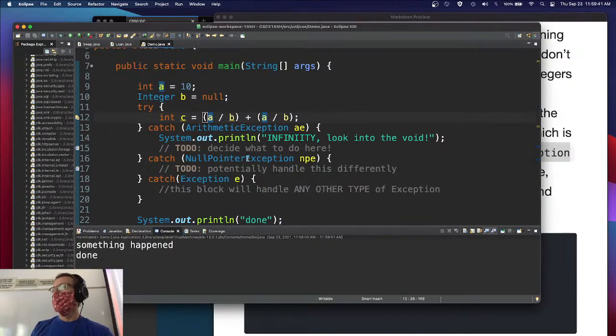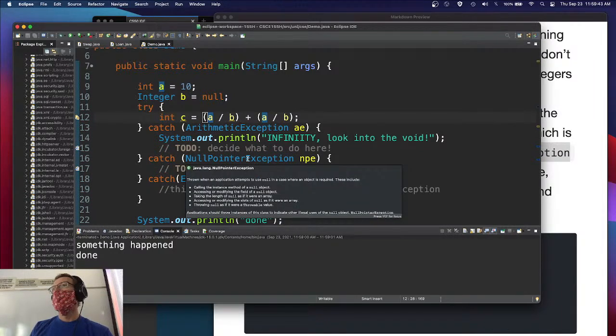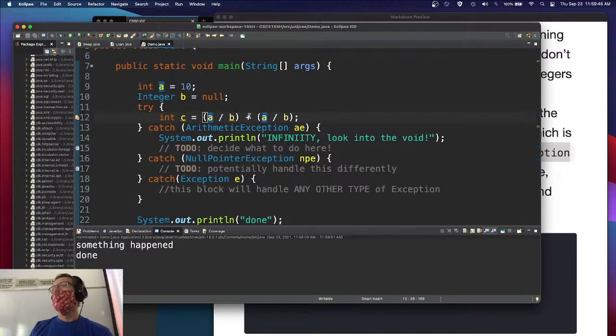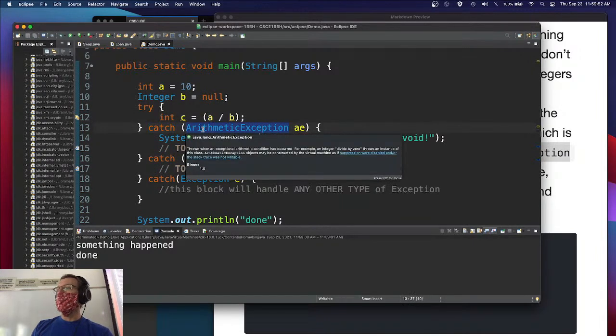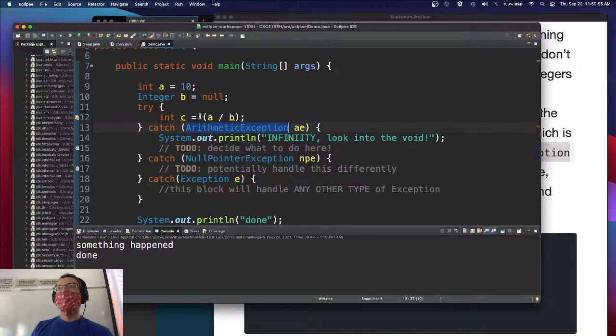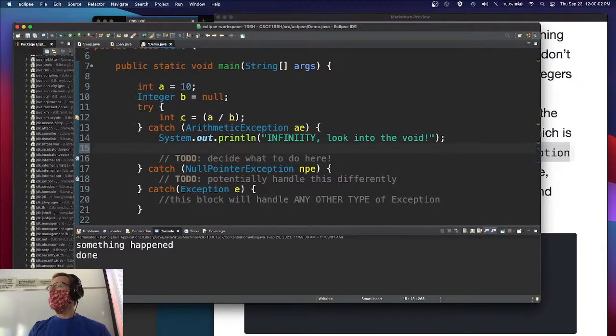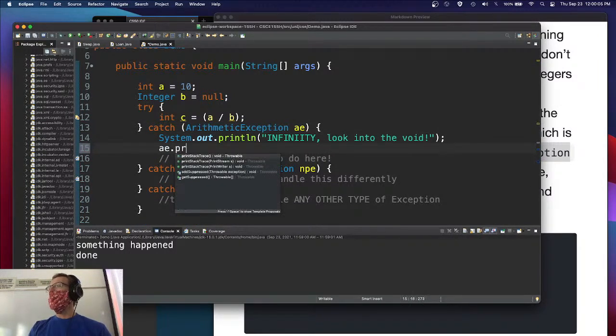Right? And then, so if like two arithmetic, how do we, for the error handling, how do we know? You know that when you catch it, this is the type of exception. So we wouldn't know what exactly would be wrong. Well, you can print the stack. I think that I had this before, but you can go ahead and go with AE dot print the stack